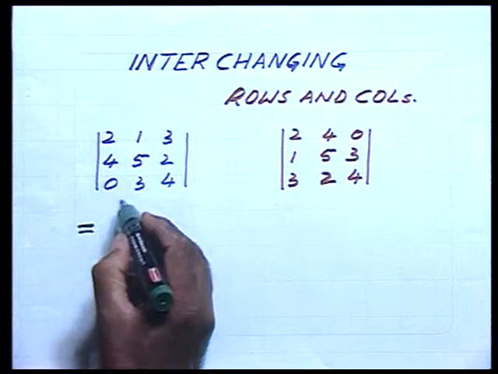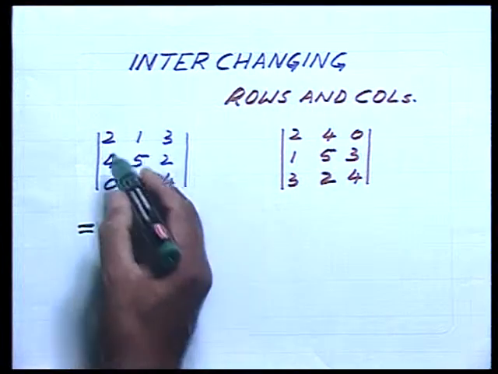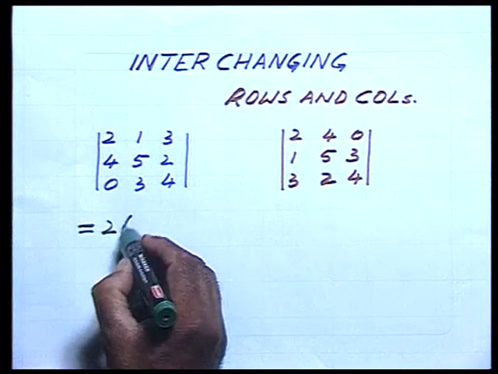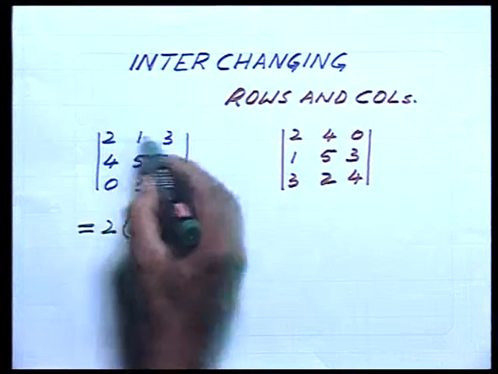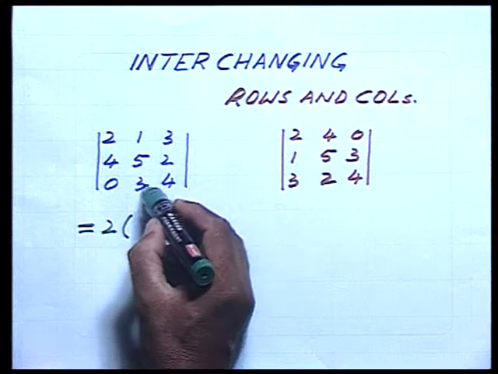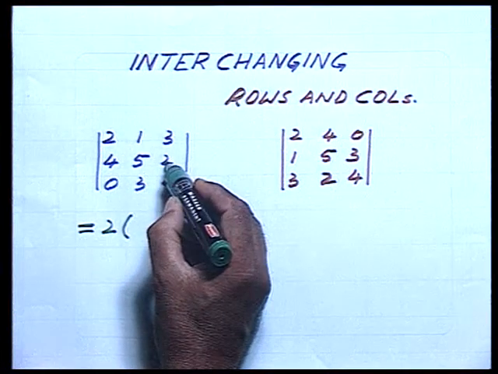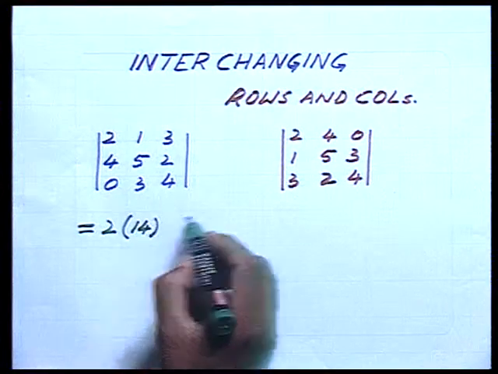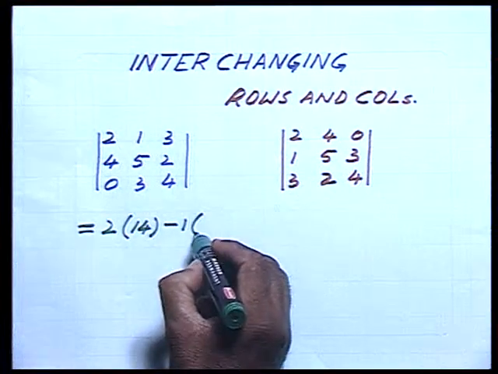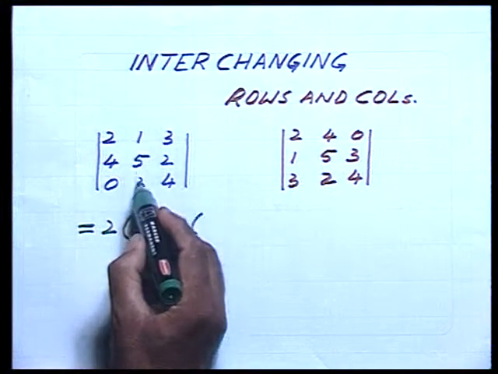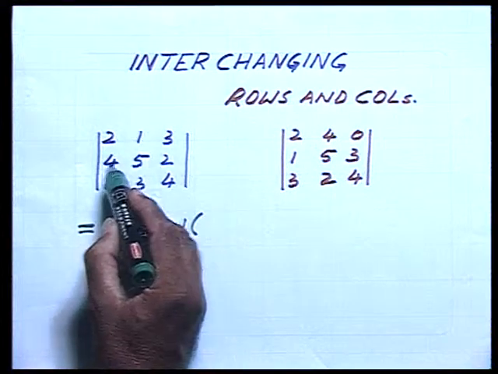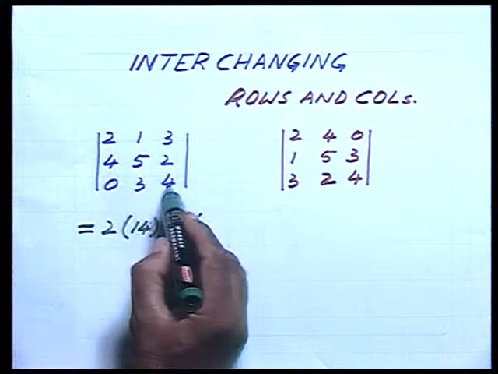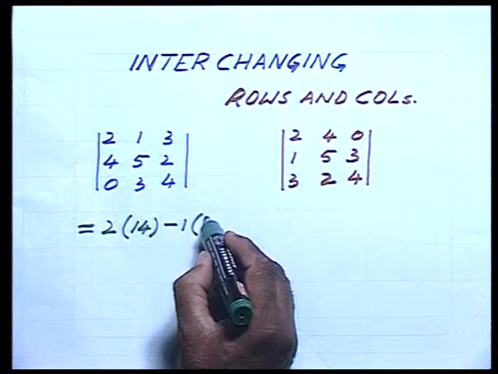Value of this determinant, use any row or any column to expand. For convenience we start with say 2 on the first row. So, 2 times this and this gone, 5 4s are 20, minus 3 times 2 6, 20 minus 6 is 14. So, I put on 14 minus 1 into this gone, 4 2 0 4. So, 4 4s are 16 minus 0. So, I get 16